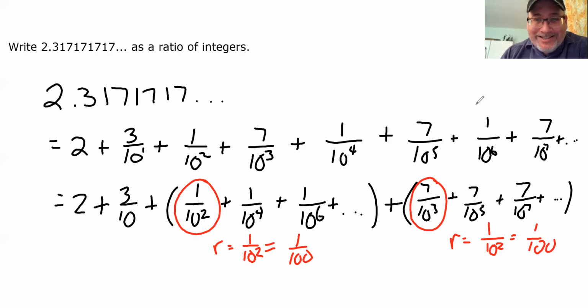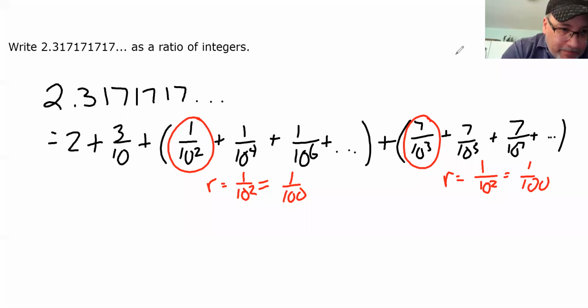That means that as an infinite geometric series, both infinite series in parentheses converge. And now we simply have to see what it converges to and then add everything up. Let's clean this up and then we'll continue. All right, so we have 2 plus 3/10